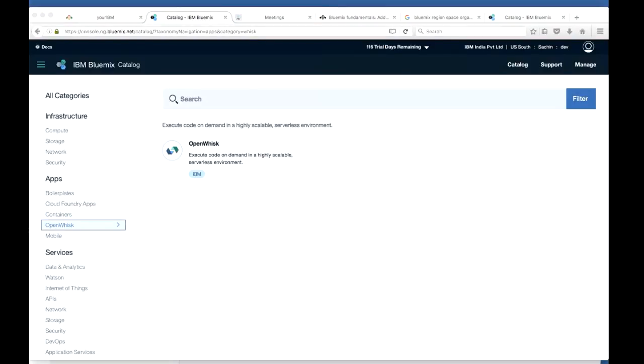OpenWhisk is an open source serverless compute platform. It executes your functions or actions in response to events from triggers. It costs nothing when not in use. So it's based on event-driven programming. Whatever the applications you run, based on the event-driven